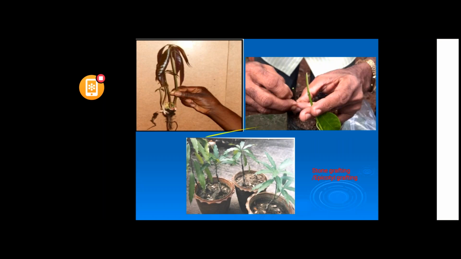It is on stone grafting. As you know, stone grafting can be done. The seedling is your